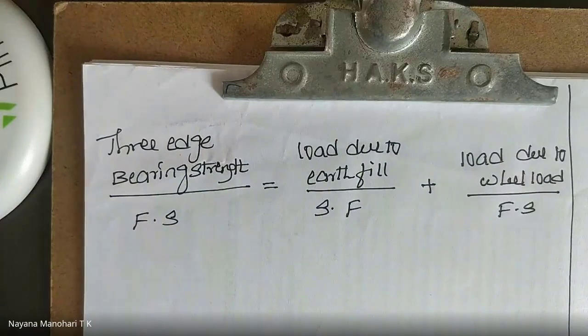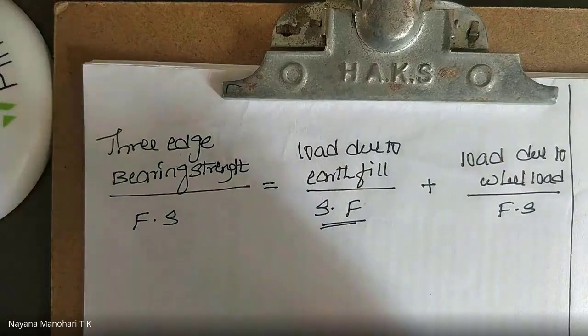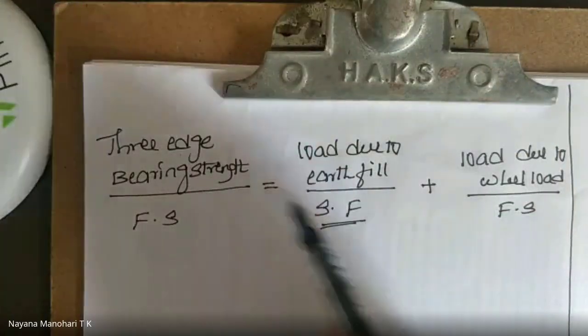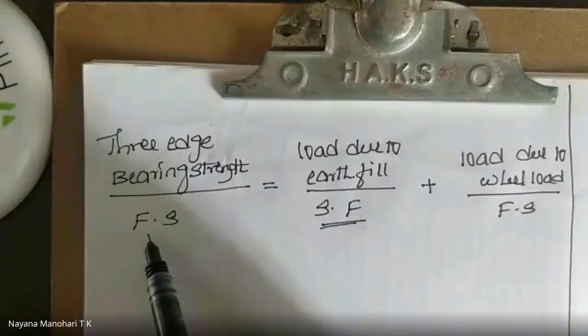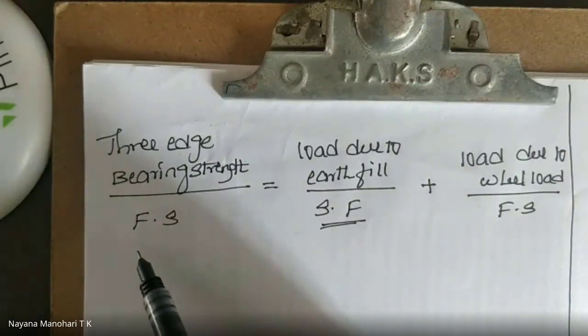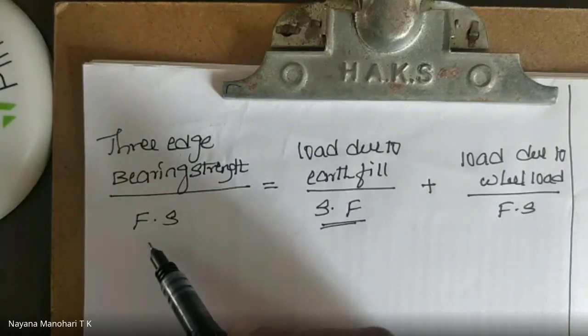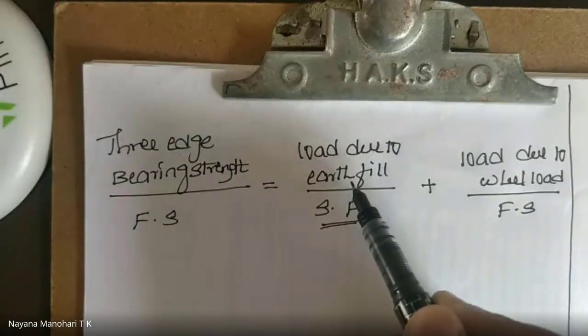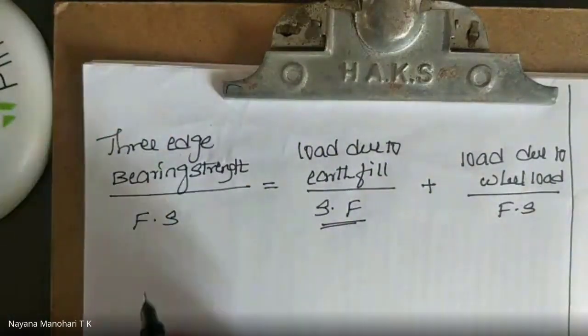Okay. From this equation, you can calculate the strength factor, because you need to decide the concrete bedding depending upon that strength factor value. The 3 edge bearing strength, from the code book, you can take the factor of safety. You are going to consider it as in RCC, in limit state method. The partial safety factor to be considered is 1.5. The load due to earth fill you have calculated. Load due to wheel load you have calculated. Okay, substitute all the values.